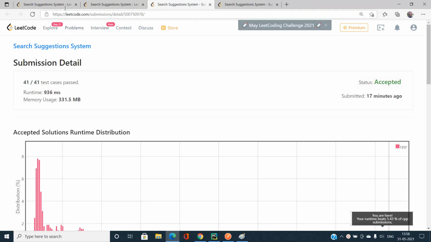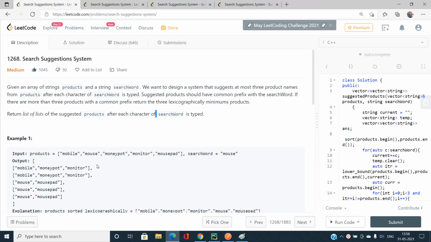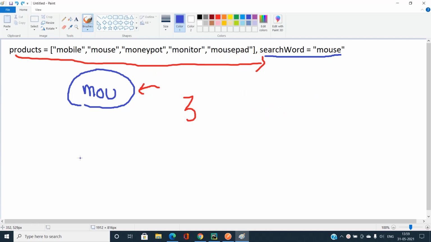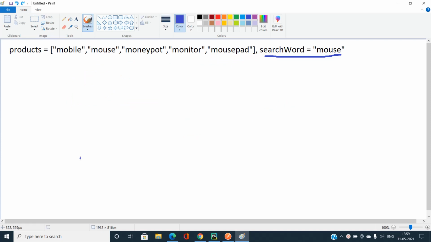Now I'm trying to optimize my code to a little bit more extent, and let us try to understand how it is going to help us. I'm talking about the binary search concept. If you're not aware of binary search, go and check on the internet and you'll find a lot of resources on what binary search actually is. What I'm going to do is first sort this products array, and let's see how it is going to help us. In the previous case, we sorted the array and iterated from the very beginning.